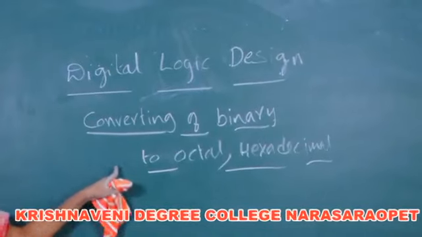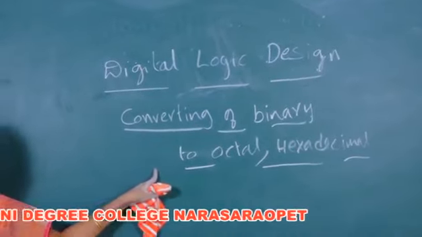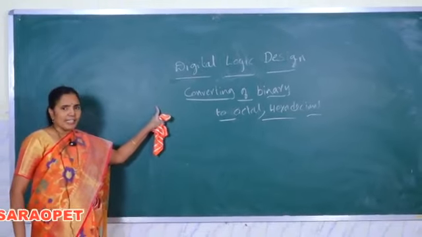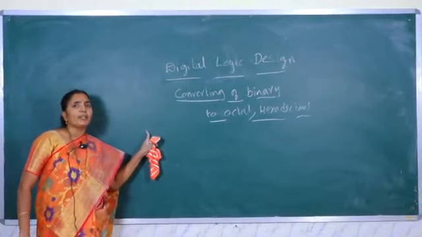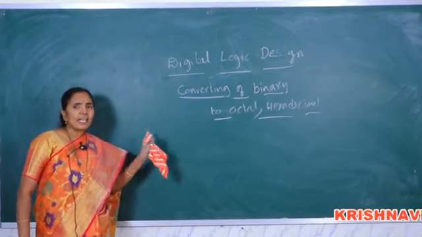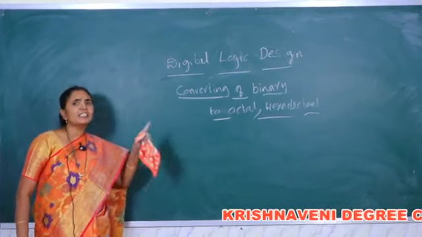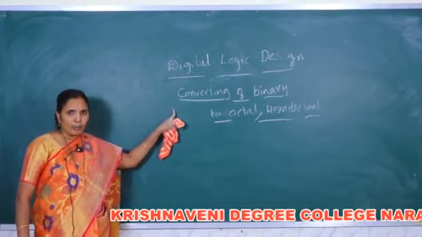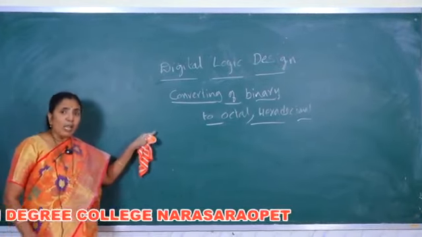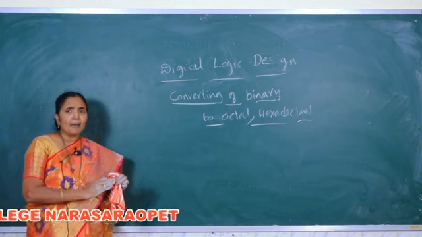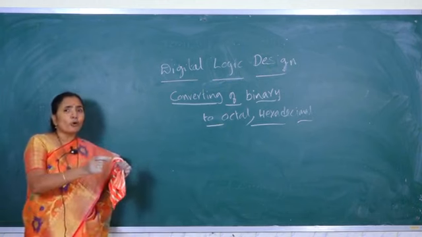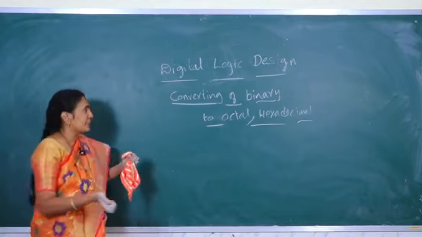Convert binary number to octal or hexadecimal number. So, we have seen in the previous explanation that the maximum number in the octal is 7. So, it requires 3 bits to represent the largest digit in the octal number. So, here when I want to convert a binary number to octal, I will group the binary number into groups of 3 bits. So, each 3-bit group is converted to an octal digit.